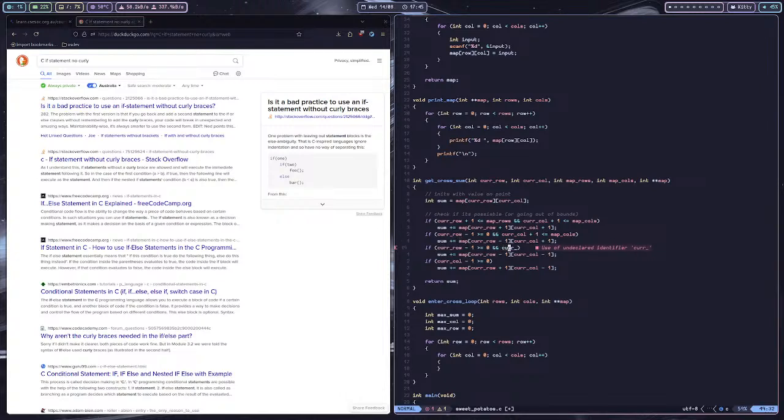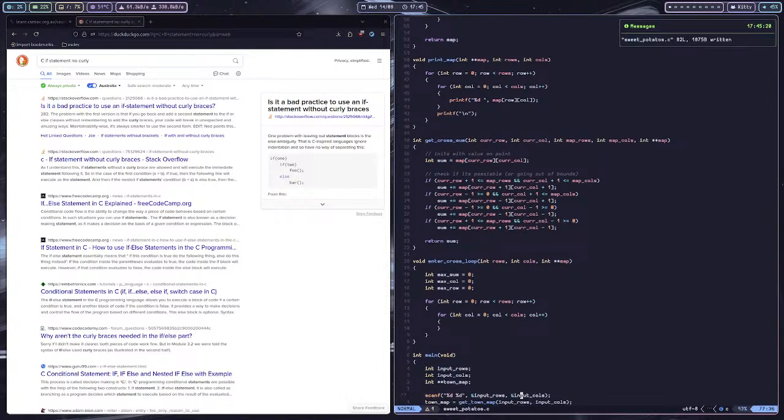This is minus greater equals to 0 current call. Minus 1 greater equals to 0. And let's replace that with cur row plus 1 less than or equals to map rows. And then